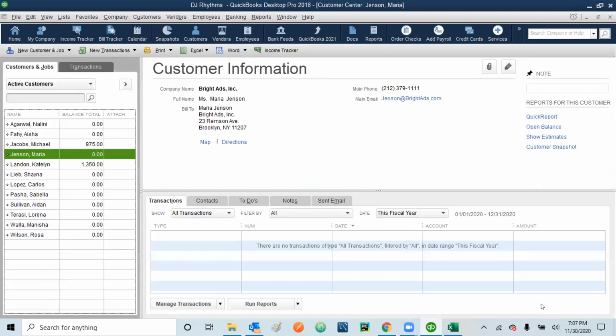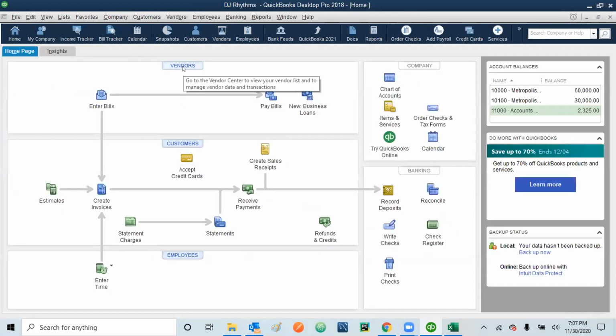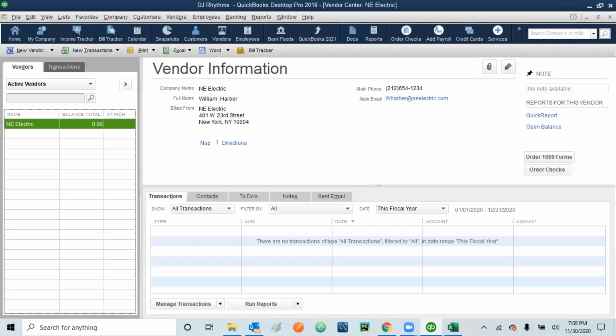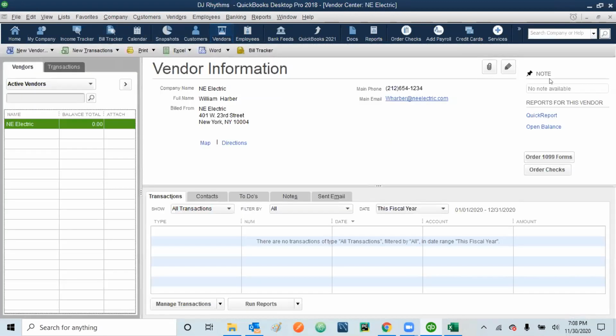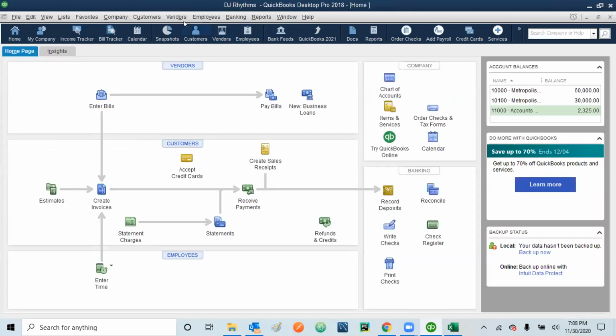So what we have learned here is that bringing data from Excel is like copying and pasting from Excel here. QuickBooks is very copy-paste friendly. So you can always bring that part. Let's learn one more thing. We have done the customers. Now we'll be doing the same thing for the vendors. You can always go to the vendors either by selecting this button on the desktop, or you can click the vendors icon here, or you can go to the vendors tab on the top and then select vendor center.